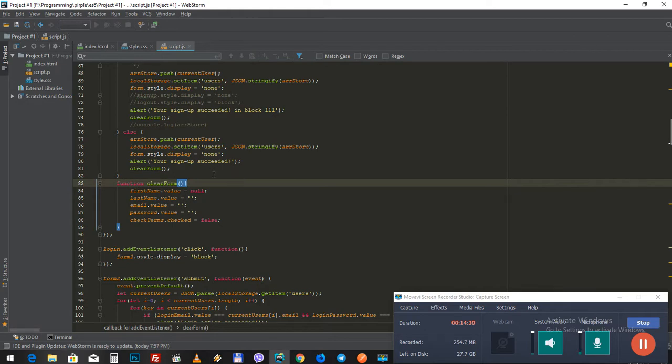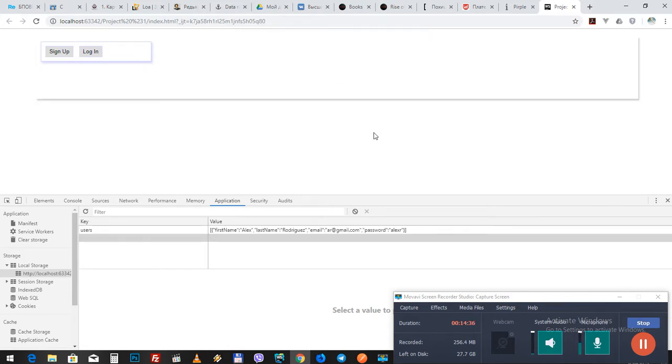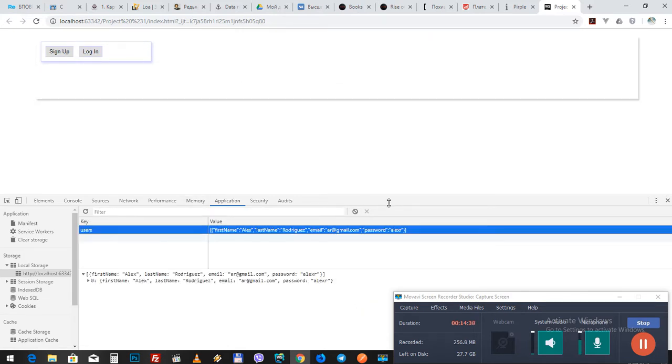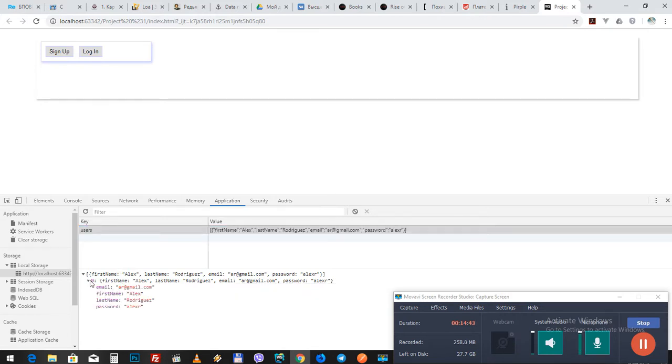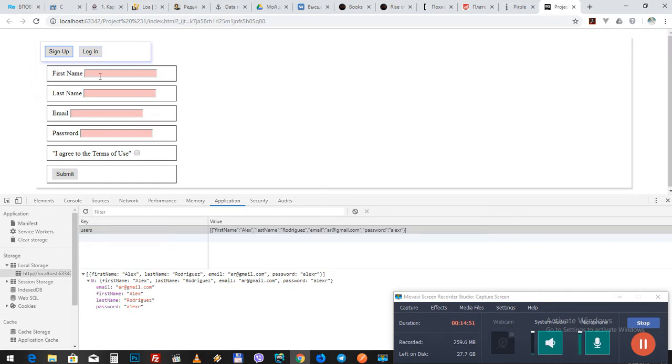Of course, let's do it. Submit, your sign up succeeded in block 0. Okay, here I have the key users, and I have all data about the user. If I want to sign up, well, I enter. I press the button sign up, and it's okay. Let's